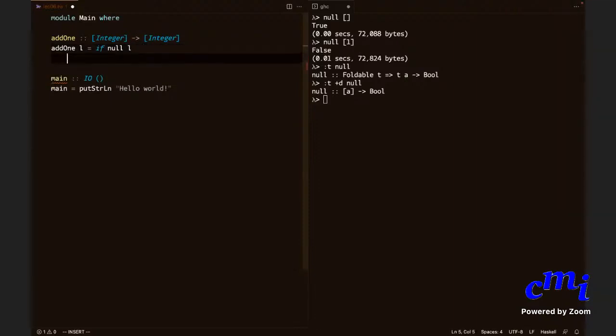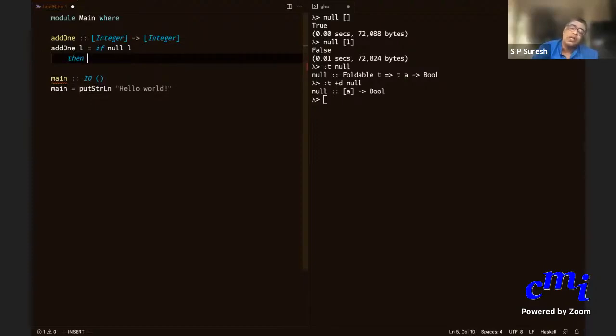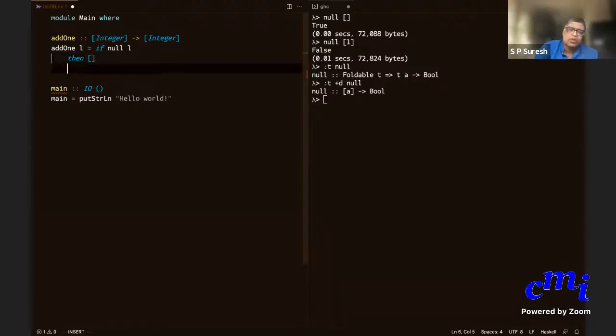Then the singleton list 1. Why do you want to return the singleton list? Null list is a list with no elements. You want to add 1 to every element in the list. So the null list doesn't have 0, it has no elements, right? Therefore, you return the empty list.